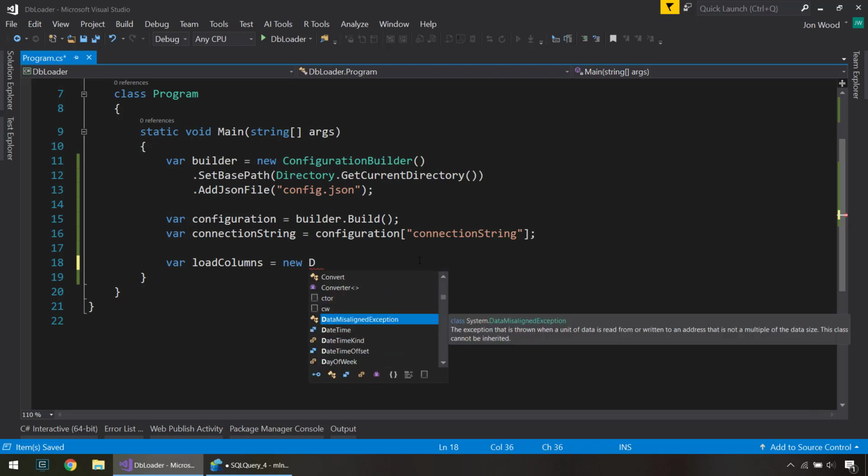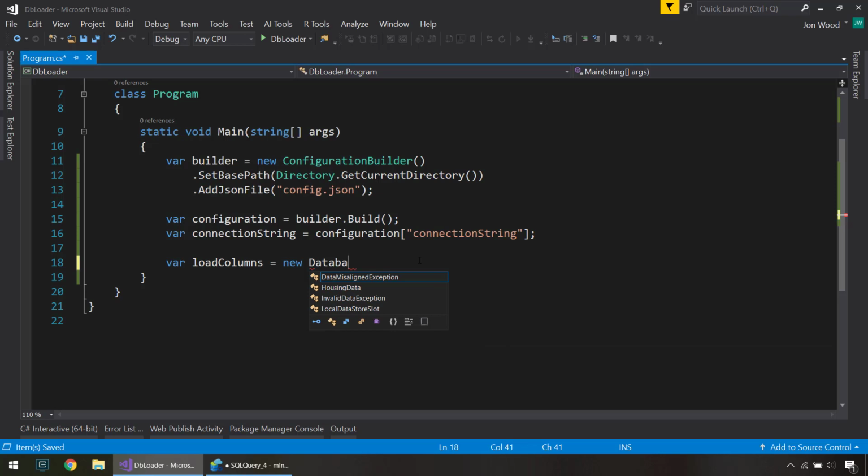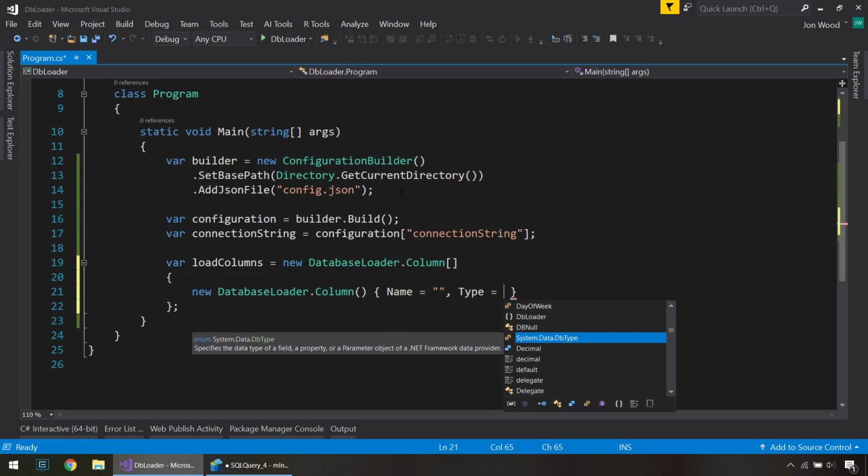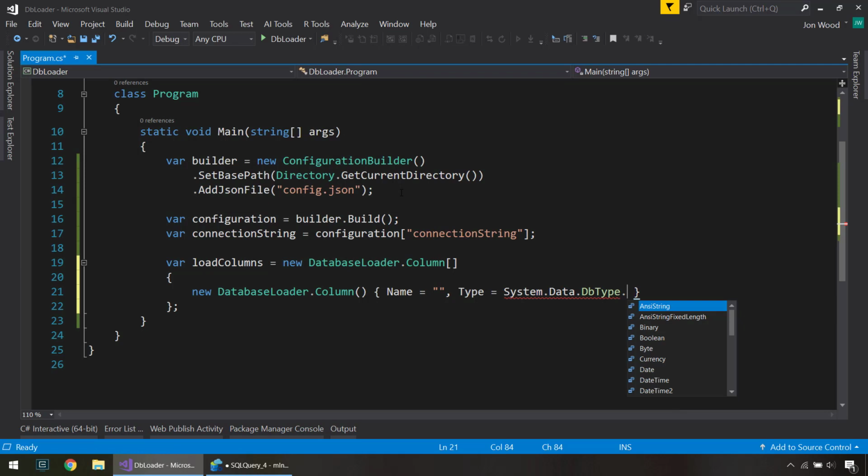For the database loader, we need to specify the columns that are in the database that the loader will be using to read from. And that's going to be a new DatabaseLoader.Column. It's going to be an array of those items. And the new DatabaseLoader.Column, and then we'll give it two properties here: the name, and this is going to be the same as the column names in the database, and then a type, and this is going to match up to the database type that the columns are. And we'll use DbType for that. Then I use Single for all of our numeric ones. So the first one was longitude,